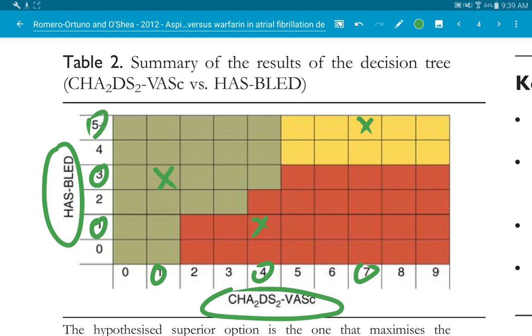This is, I'm almost sure, over a 10-year period of time, their risk of having, I think it's a combination of coronary disease, cerebrovascular disease, peripheral, a combination of all those,